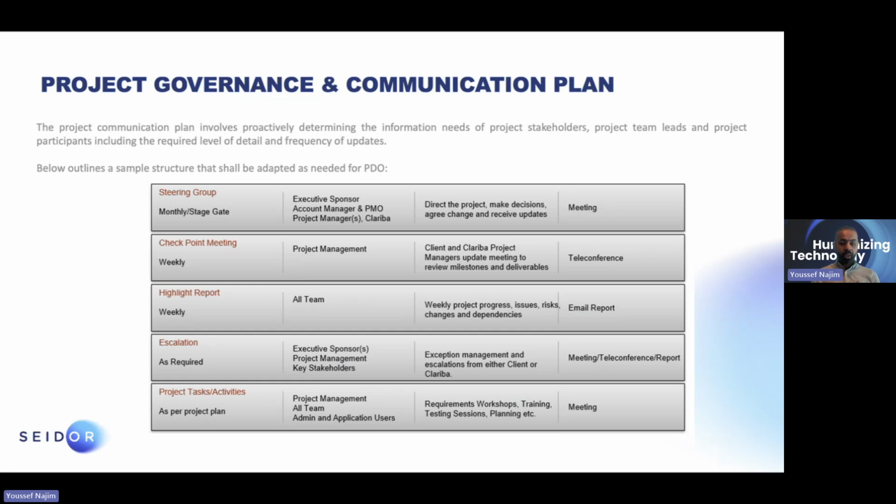In terms of governance, as I mentioned, we define a steering committee for your project, which will meet on a monthly basis. As part of the Agile approach, we have weekly checkpoints for PMOs, but we also involve your business in those calls. We have a weekly highlight report from our project manager, as well as your project manager. We have a clear escalation in case of, as you know, any project will have its challenges. So we have a very clear escalation hierarchy that is provided to you, where you know exactly how things are. And obviously there is an SLA attached to this.